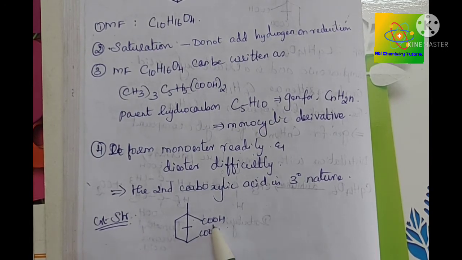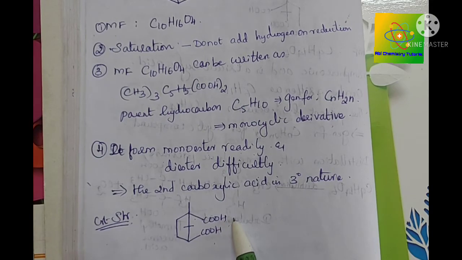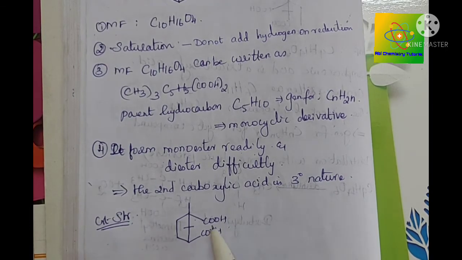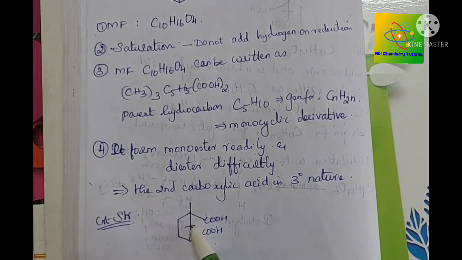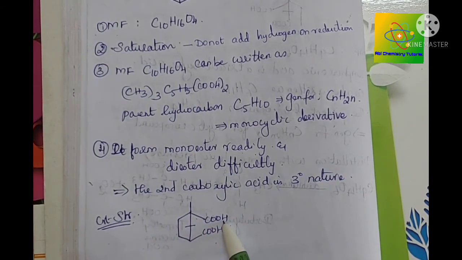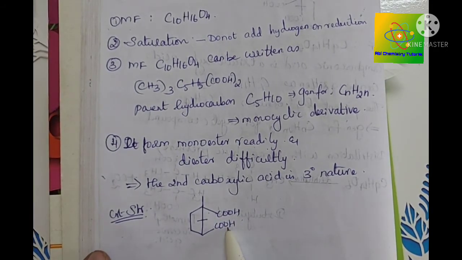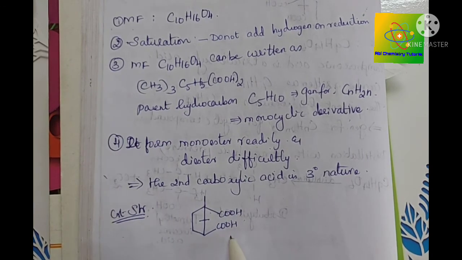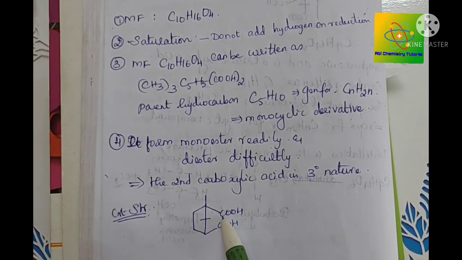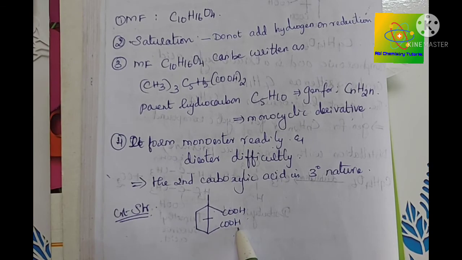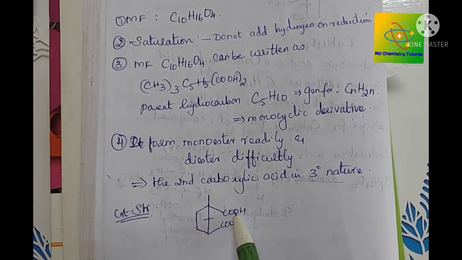So in case of tertiary carboxylic acid group, it is difficult to convert it to diester. So from this concept, we are able to know that one carboxylic acid is secondary in nature and the other one is tertiary, that is CH3 substitution and COOH. Okay. So finally, the correct structure of camphoric acid is proposed as this. So now to get camphor, it is a very simple process that we have to join the carbon atoms having carboxylic acids, and we are going to cancel one COOH and we are going to get a keto group in one carbon atom. So this is what is given here.